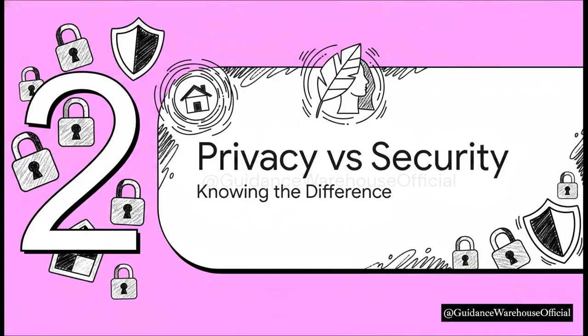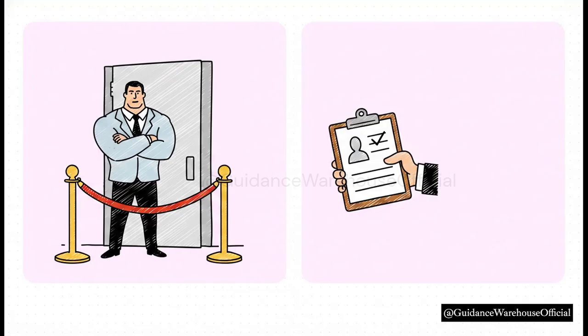Section 2. Privacy versus security, knowing the difference. Now, this is a super common area of confusion, so let's clear it up right now. Information security is not the exact same thing as information privacy. Think of information security as a massive bouncer at a highly exclusive club. Its entire job is to guard the perimeter, keep unwanted intruders out, and protect the assets inside using firewalls and